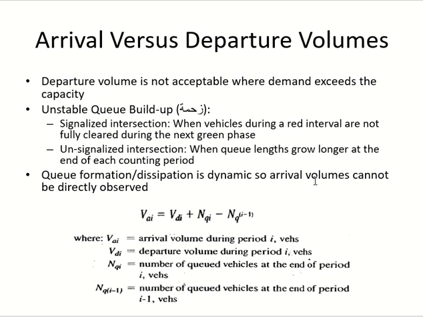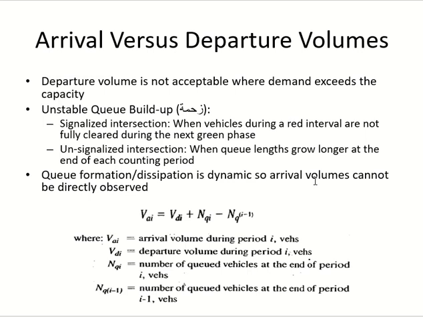But when you have a very long queue and you count the vehicles which are crossing the stop line, you may have counted 100, but there are 100 which are still stuck in the queue. So now you can imagine your error goes in hundreds. Okay, so to avoid this, we try to find out the arrival volume, which means the volume which is coming and joining the queue, not the volume which is leaving the stop line.